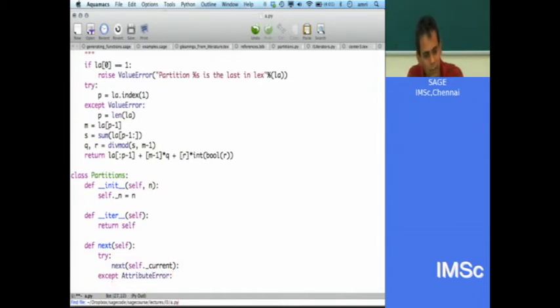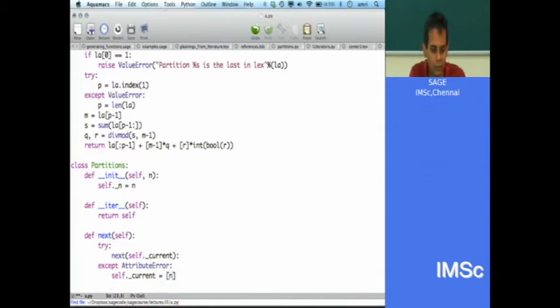If there is an error, then I should say self dot current equals just n. That is the first partition, right? And then I should return self. So here I would like to say self dot current equals next, return self dot current.